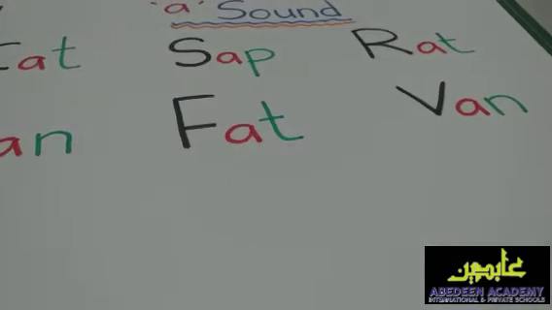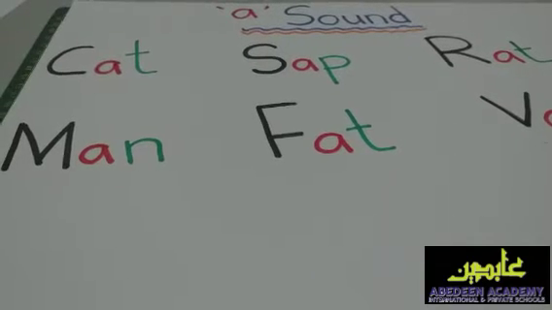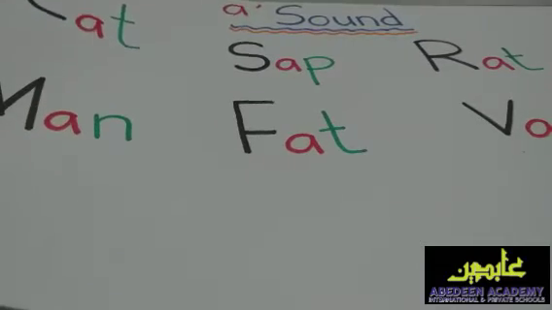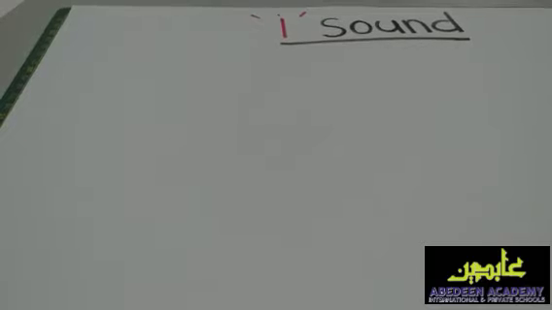Okay, so today we have finished practicing a sound, and then we will start with another sound, which is I sound. Okay, so today we will be starting with I sound. So this is not very difficult. So I sound, you read it as E. Okay, so for example, if you have been reading Iqra,